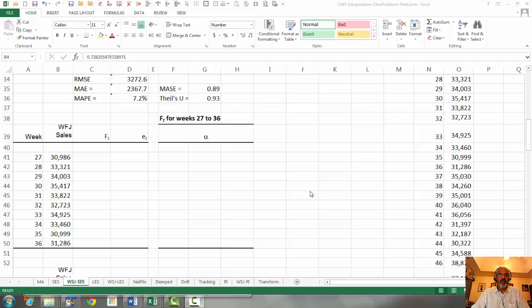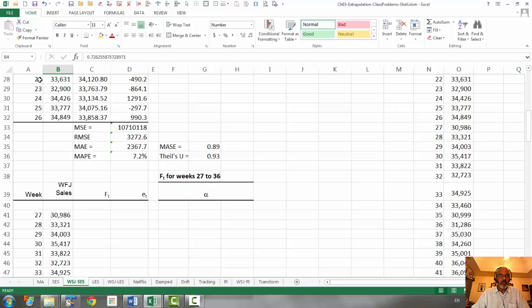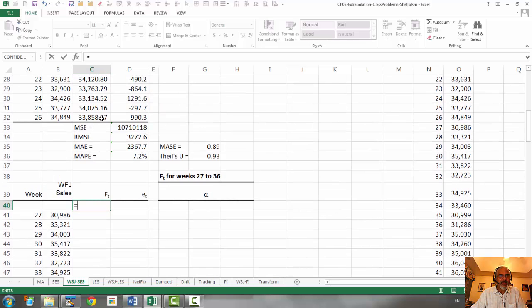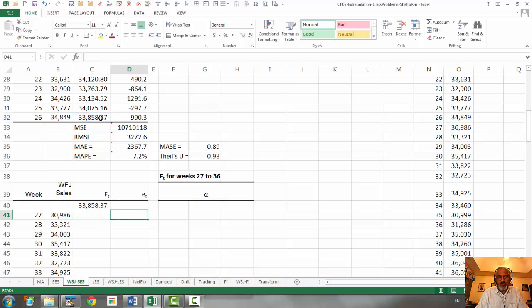Now let's apply the model that we set up, using weeks 1 through 26, for weeks 27 to 36. This is just to get the practice. So now the initial values for week 26 are actually, we already have that as the forecast that we developed for week 26, and the error comes from there. Okay,